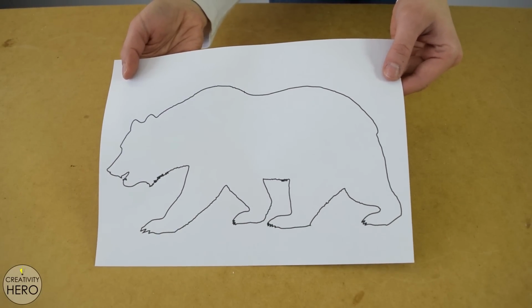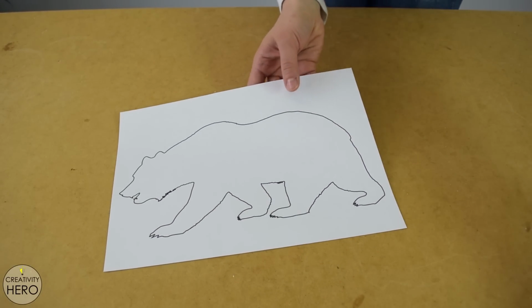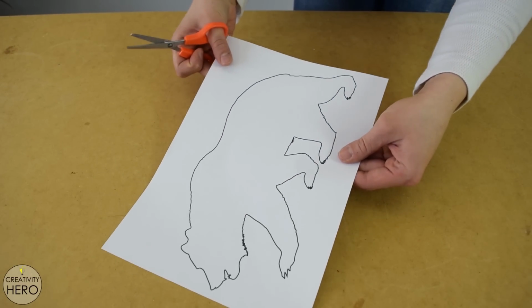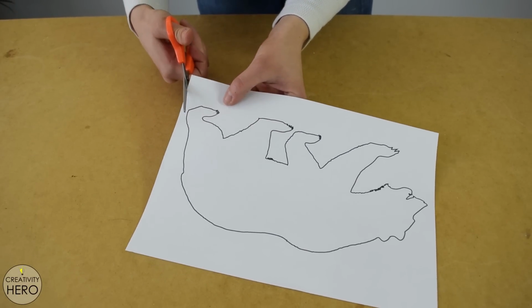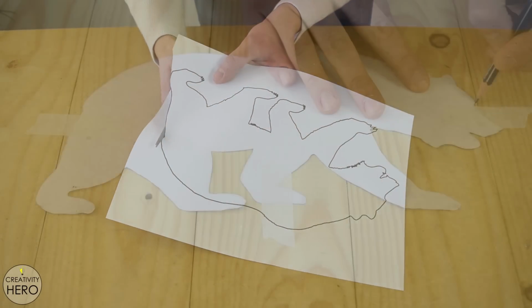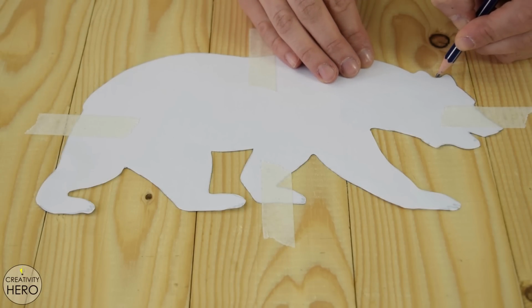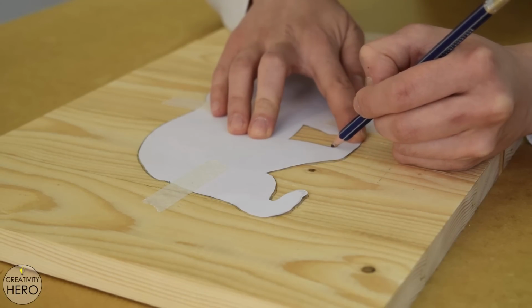Now I'm ready to make the cutout in the middle of the pine board. I downloaded a bear outline from Pixabay website. They offer more than a million photos, vectors and illustrations which you can download and use for free. Hence, I cut the bear following the lines and then traced the outline onto the back of the wooden board, making sure the lines don't touch any knot